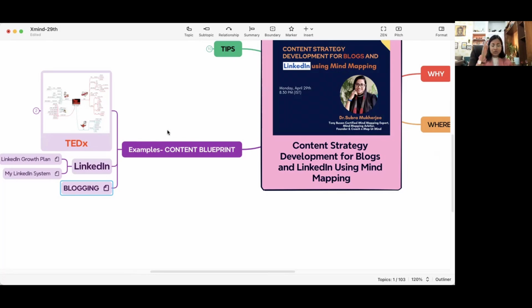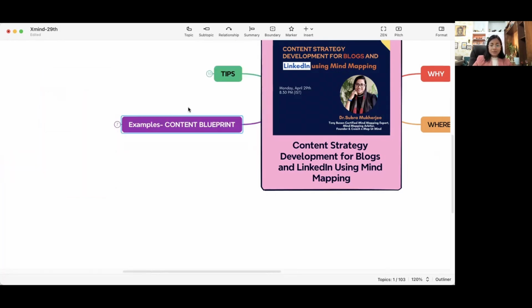And in each of the branches, you write down whatever thoughts are coming to your mind without judging, and let it be like 20, 30, 40, 50 thoughts, ideas or keywords. And after that, you can actually select, okay, let me go with these 5 for this week, something like that. So that also you can use mind mapping.